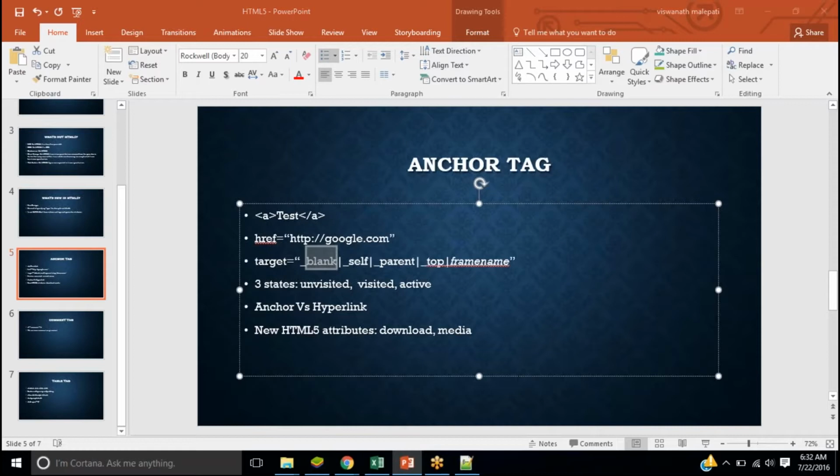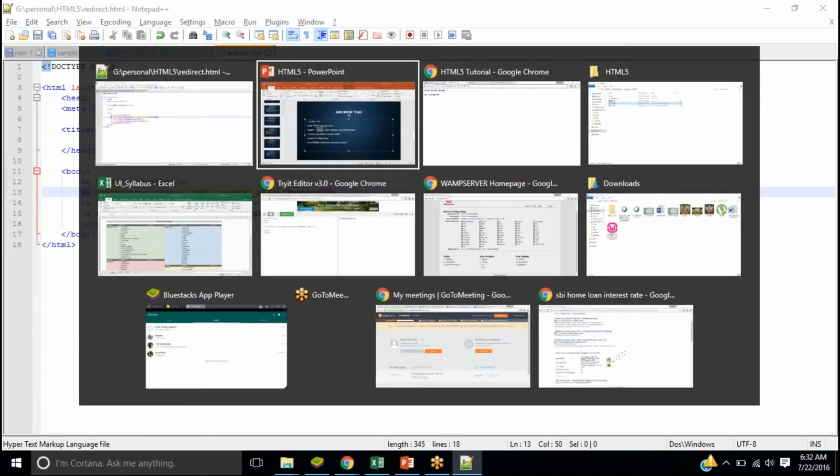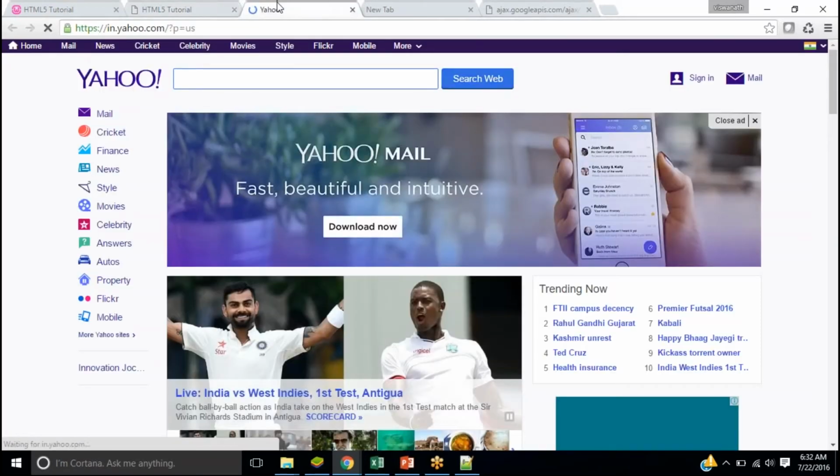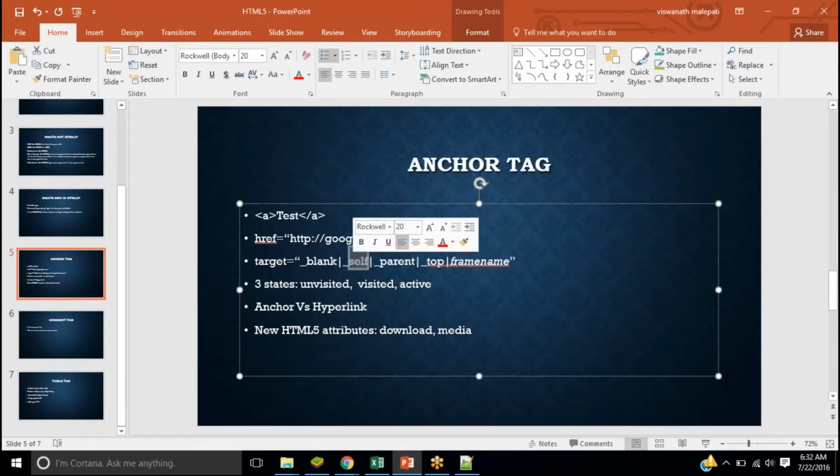So when I have a target of underscore blank, and now when I visit my HTML and click it, it opens in another tab. You can have both of them in parallel, right? Likewise, there is something called self. Self is the default value.